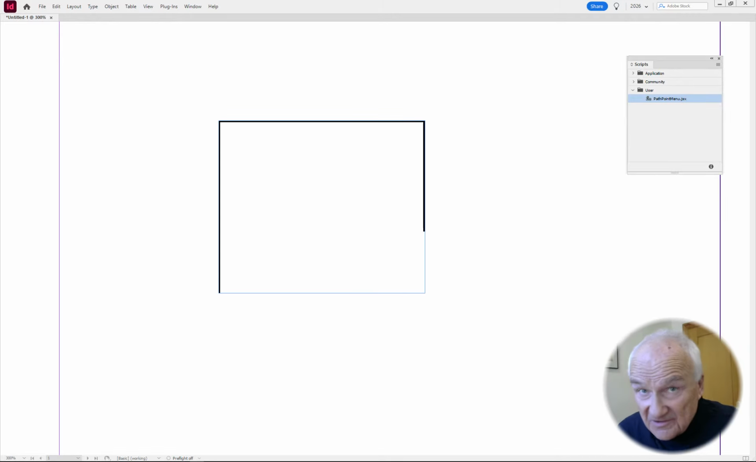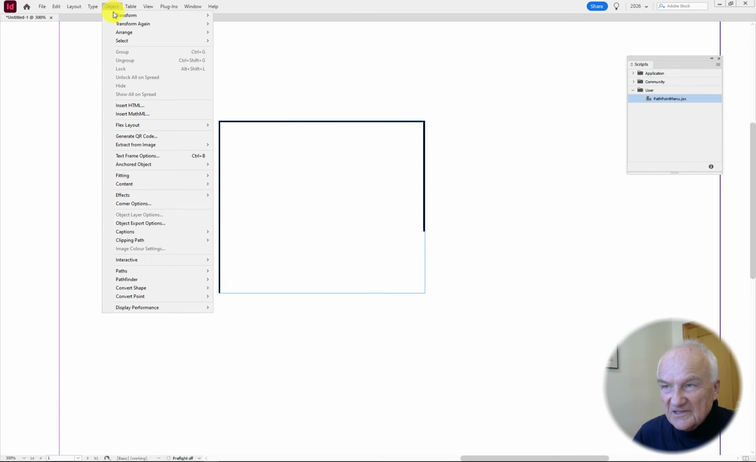InDesign has rather good drawing tools, much better I think than Illustrator. Unfortunately, they're rather deeply embedded in the menu structure. So if I want to do anything on this path, I go Object, and then in Paths there are a